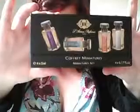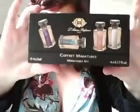So this is from TK Maxx as well. It's a set of L'Artisan miniature fragrances. This was only £10. Usually this is maybe £15 or £20. Only £10, you get 4 5 milliliter miniatures. And I actually bought this because I really wanted to try out, I'm sorry about butchering my French,